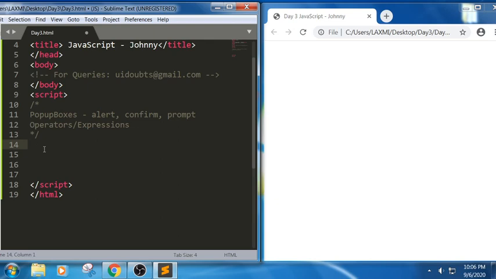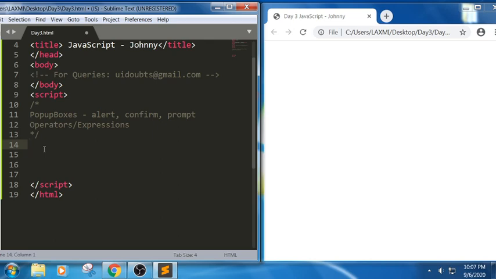For example, when you have an input field and you are going to type something on it, and it is not the exact format you want, there we can use an alert box to show the user a message saying please enter the characters. If the input field is designed only to accept numbers, we can use an alert box to show a notification saying please enter only numbers. In those use cases, we can use alert, confirm, and prompt.